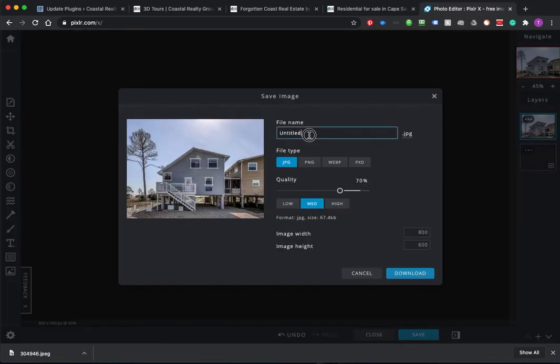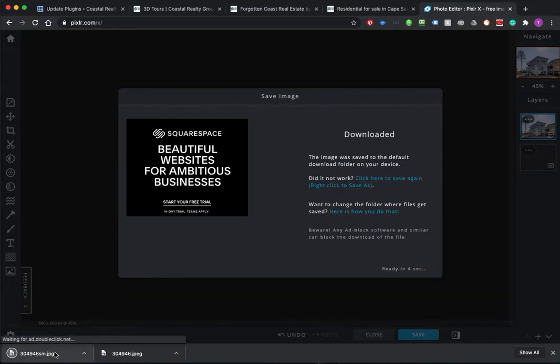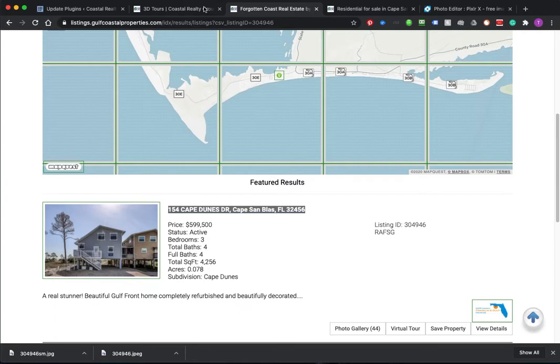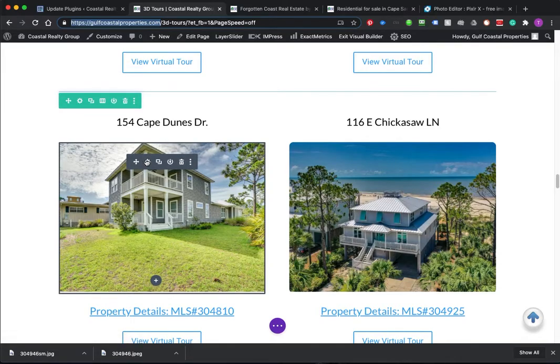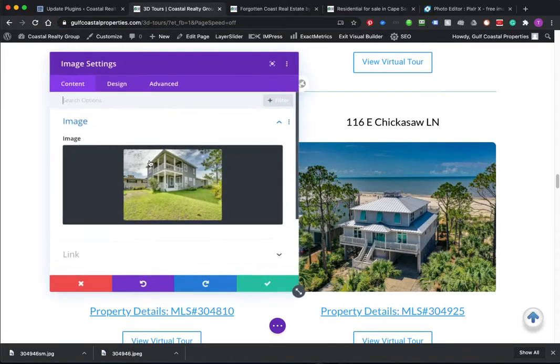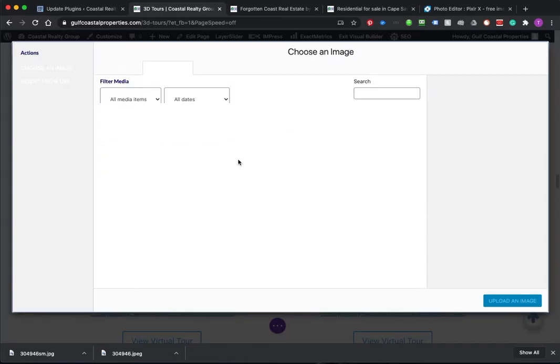Hit medium, and then at this point I change it to 304964 and then SM for small. Hit download, and then it downloads into your downloads folder. Okay, now we go back to the website, and then here's the Cape Dunes one. So we click on it, go to the picture,